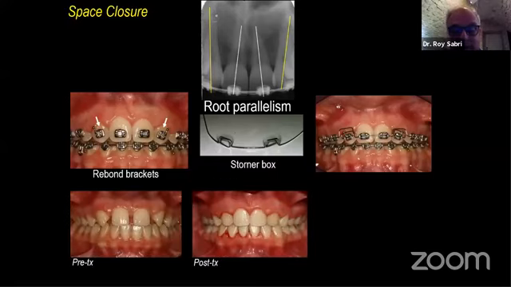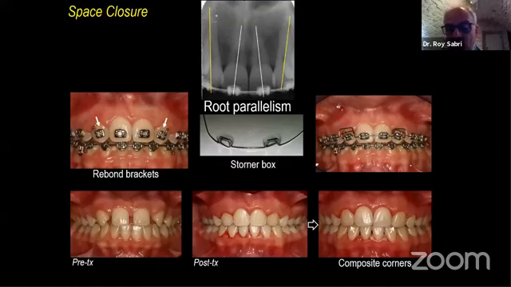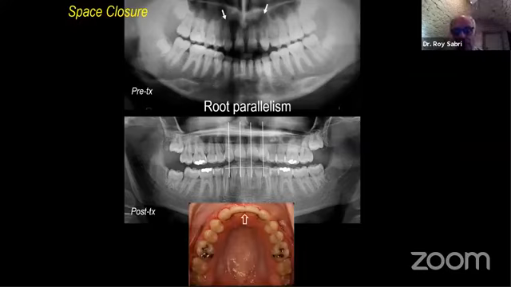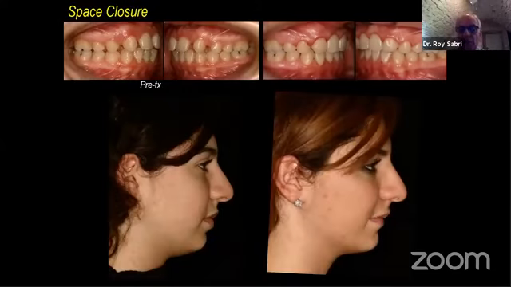And this is the end result. And this is the composite corners, what we call the composite corners. And you can visualize root parallelism, which is important for aesthetics and stability for space reopening. I'll talk about this. And then we routinely stabilize. We're going to talk about this. As expected,